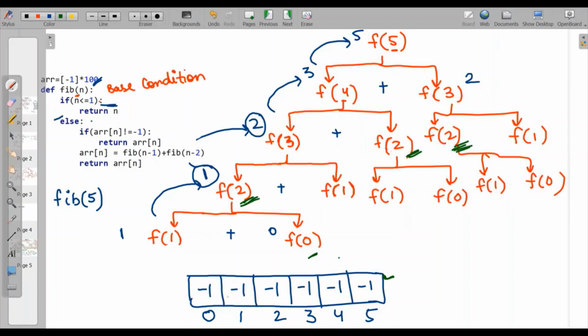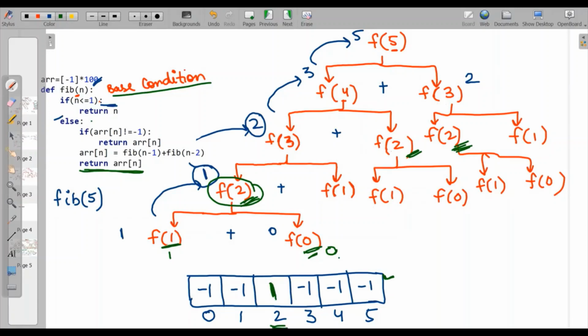Here the first values are f1, which is 1, and f0, which is 0, as per our base condition over here. Now for calculating f2, we will take 1 plus 0 is 1. So instead of -1, I'll write here 1. So arr2 will store the value 1 in this array.